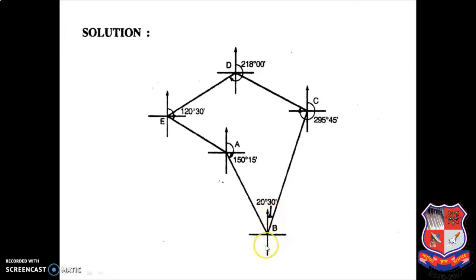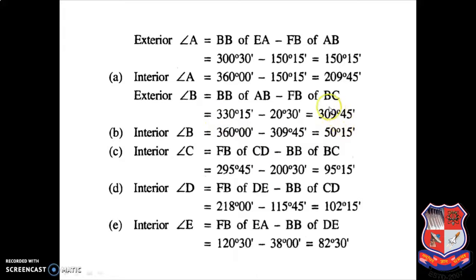You will get this angle, and this angle is formed outside the traverse. You can see, the traverse is this way, and your angle is forming here. So this angle is called the exterior angle. You can see in the previous case also, your traverse line goes this way, and your angle is formed here. So it is called exterior. Same way here, whatever answer you get, 309 degree 45 minute is your exterior angle,